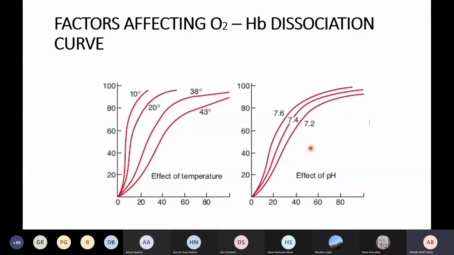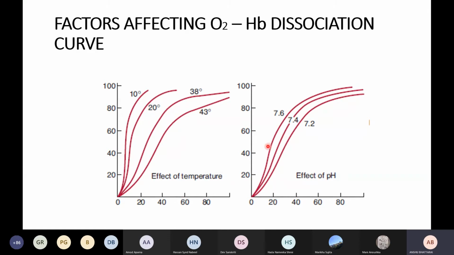So due to this carbon dioxide and formation of carbonic acid, there is presence of more hydrogen ions in the blood that is present near the tissues. Due to this greater amount of hydrogen ions, the pH is reduced. And due to this reduction in pH, it has the effect of shifting the oxygen hemoglobin dissociation curve to the right. So it is very convenient, right? Because now more oxygen can be released to the tissues.